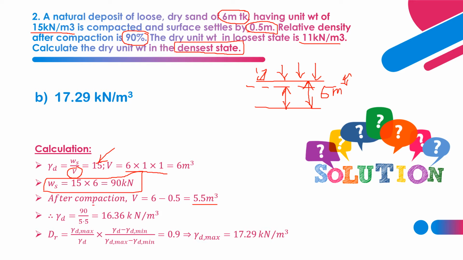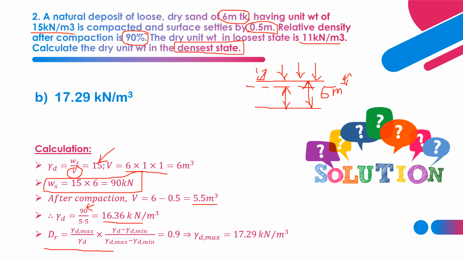Only the voids become expelled out due to compaction. So 90 kilonewton as it is, and the volume becomes 6 minus 0.5, that is 5.5 meter cube. So 90 by 5.5 becomes 16.36 kilonewton per meter cube. And this is another formula to get the relative compaction. So Dr is equal to gamma d max, that is maximum dry density which is achieved after compaction, divided by the natural dry density before compaction, into